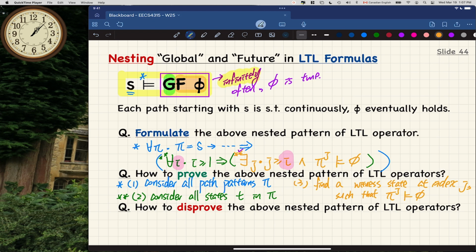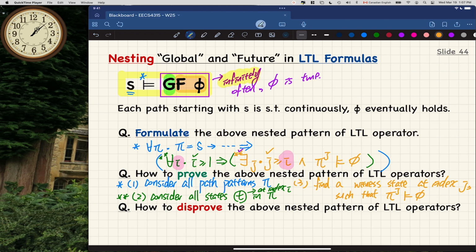And of course, let me draw a little more connection here. The T here is at index I, so we've got index I, and also we've got index J. For the written test that's coming next Thursday, not this week, but next week, you really want to review all the formal definitions for the operators that we spoke about, and also what it really means to nest them. That's really something you want to focus on for next Thursday.